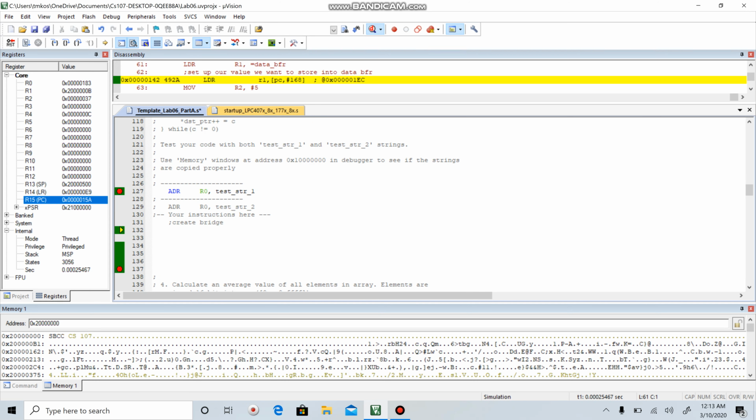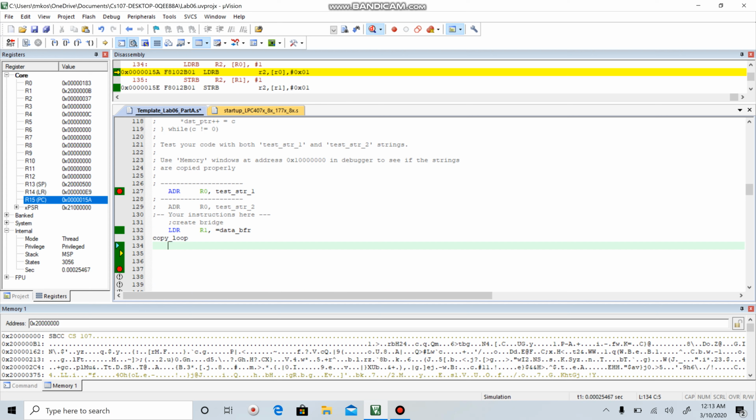Step 1, we already said we have to create a link to our data buffer. And remember, the way that we do that is we just use load register, any register we want, and then we link it straight into our data buffer. Once we do that, we're ready to create our loop. So in our copy loop,